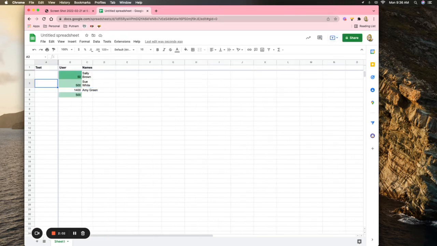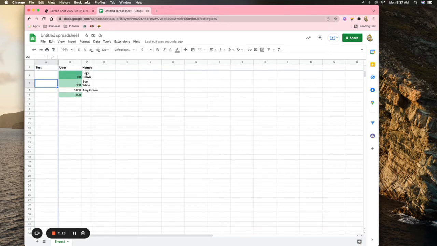That becomes very helpful when you're entering a lot of data in, that you could always see a particular row or column that maybe has your header information in it. So that is the first tip this week. The second tip is we're going to look at how you notice here with my names, I have Sally Brown and Sue White, and they actually are like in 2 different